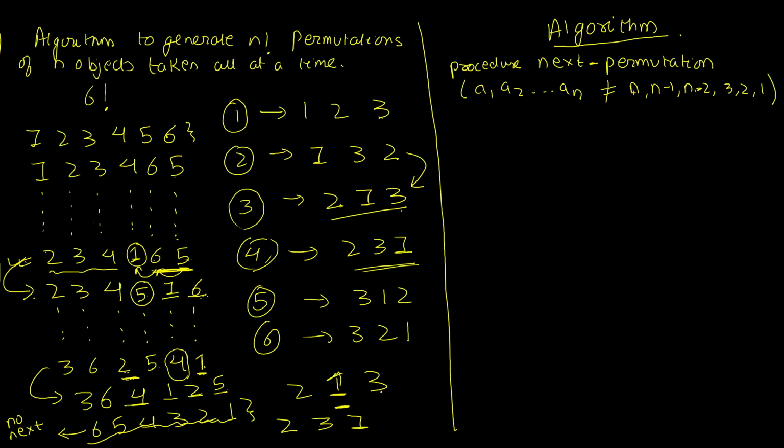Starting from the largest number and reaching all the way to 1. So if I input that, I'm not going to get the next permutation. And you should also acknowledge that this is not a procedure to generate all permutations. This is just a procedure to generate the next permutation. But if you want to be able to generate all permutations, this is still going to be the heart of